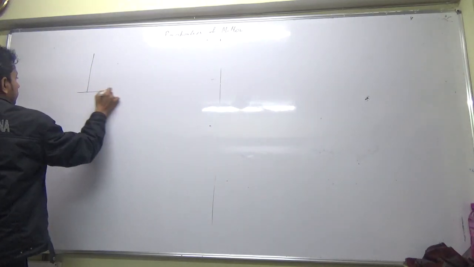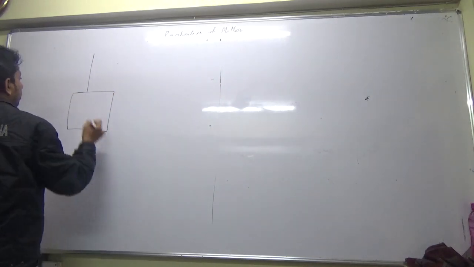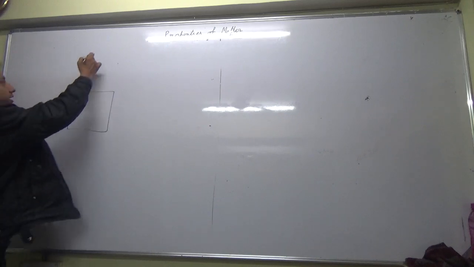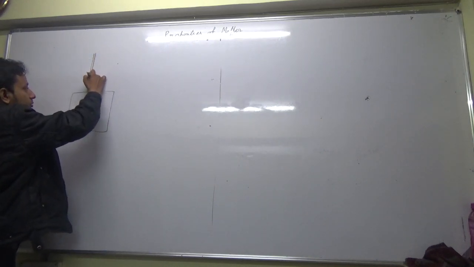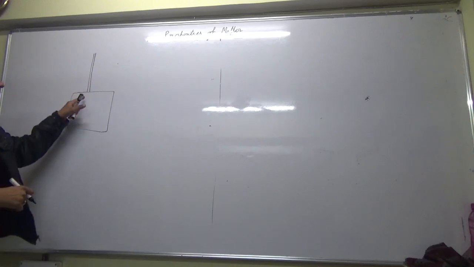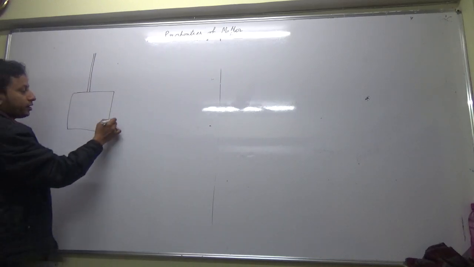ठीक है, एलिवेटर जो होता है ना, लिफ्ट है. Suppose we consider an actual problem. Suppose we are going to design a lift, and that lift is moved with the help of a rope, a steel rope, which is connected with the lift. Now the weight of the lift is given